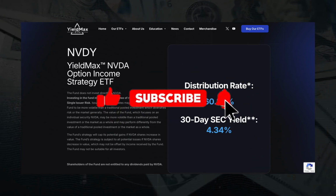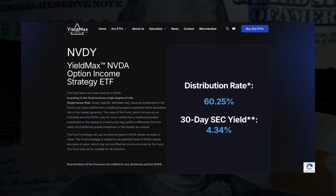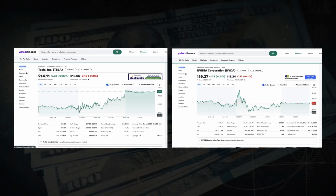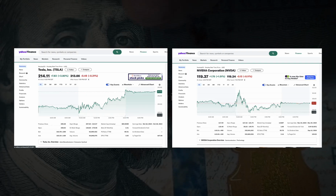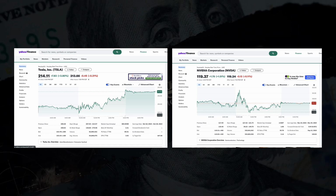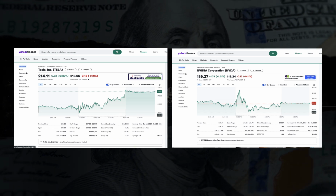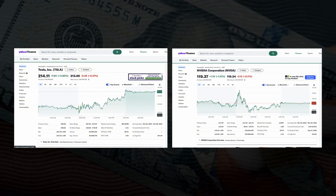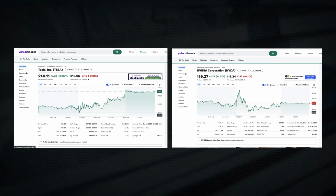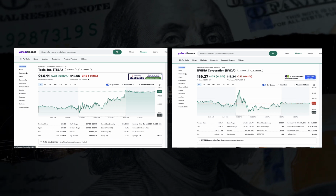I try to create a hybrid, also for beginners, and I cannot let you go without giving you a suggestion of a growth stock. These are not ETFs. NVIDIA started to pay a little dividend, but I think it's like a cent for each stock that you own. This is much more for growth. Thinking about Tesla and NVIDIA, they are on the path to reach $1,000 a stock. Again, I don't have a crystal ball, so I don't know for sure. But in my opinion, especially with AI, with self-driving for Tesla, and the AI surge in the world, and everybody using NVIDIA's chips, one of them needs to go to $1,000 a